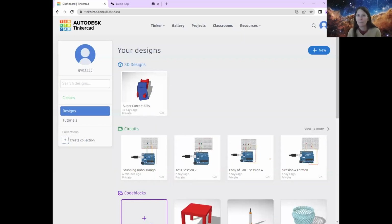So if you all head over to Tinkercad, I'm going to share my screen and we can build our new circuit. Just like we've been doing for the last few weeks, we're going to build our circuit virtually on the computer. We'll test it and code it on the computer, and then we will build it in real life as well. So if you all join Tinkercad and then create a new circuit, clicking on new and then circuit,